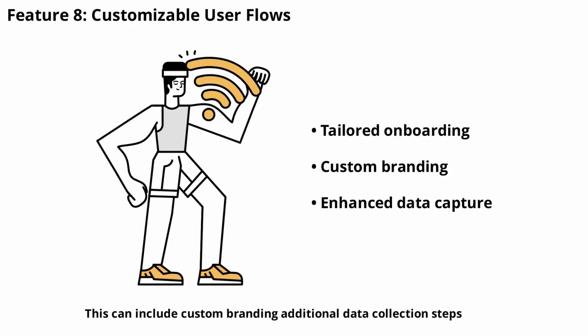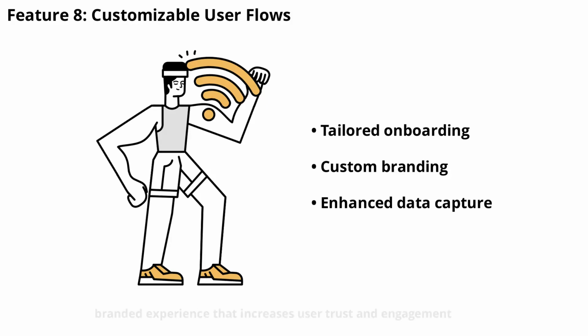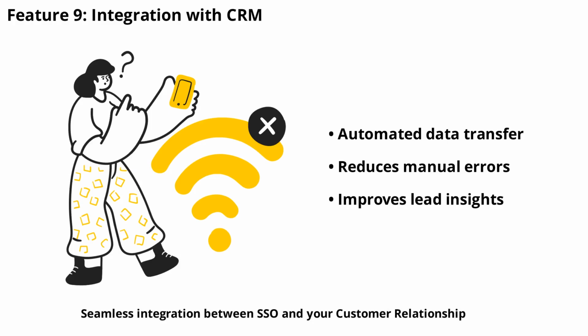This can include custom branding, additional data collection steps, or unique onboarding processes. By adapting the SSO flow, businesses can capture more relevant lead information and provide a seamless, branded experience that increases user trust and engagement. Seamless integration between SSO and your customer relationship management, or CRM, system is vital for effective lead